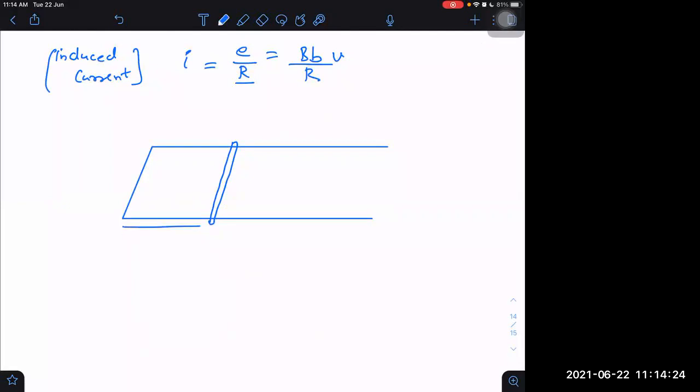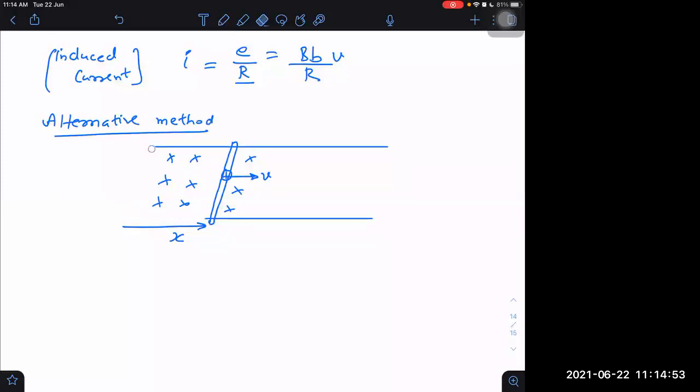Now, if it is X, and let's say there's a positive charge here. Velocity is V this side. In which direction will force act on this positive charge? Tell me. Magnetic field is into the plane. Upwards or downwards? Forget this, this is not there. Just only the wire is moving.